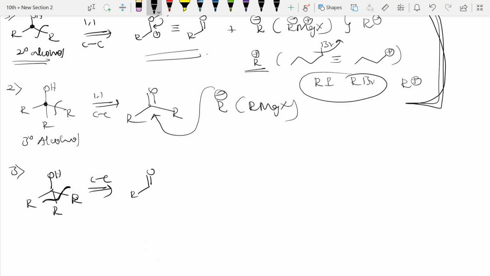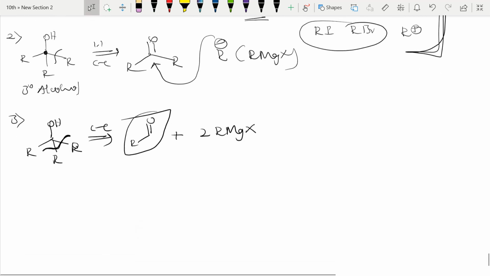Directly I will get aldehyde. Along with that, I will add 2 molecules of RMgX and I'll get that product. But this aldehyde has no more reactivity, it will be very reactive. So instead of taking this reagent, because in lab, if we keep aldehyde, it never stays aldehyde. It will be diol. Such a reaction it will undergo because of this carbon, which I am showing here with red. This carbon will be more electrophilic, and also here only one hydrogen is there, no steric hindrance, because of which it can react with compounds.